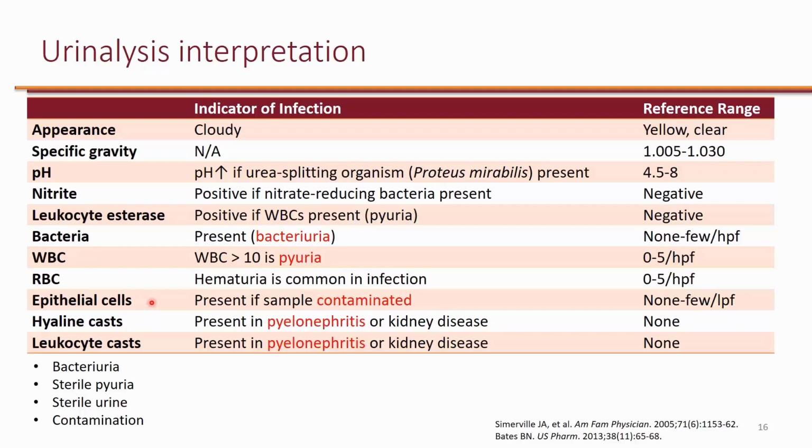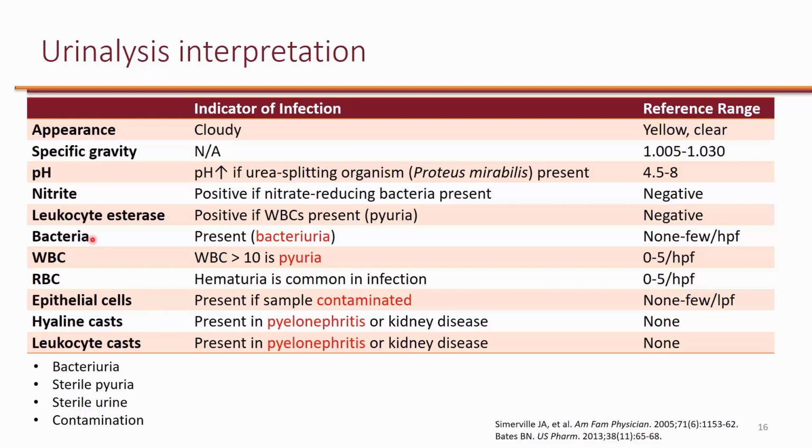So if you do find a significant amount of epithelial cells in the urine, that means they're coming from the skin, which means that your sample is contaminated. So if you do find bacteria and epithelial cells significantly, you have two options. Either you really have bacteriuria in the patient and it also got contaminated, or the patient